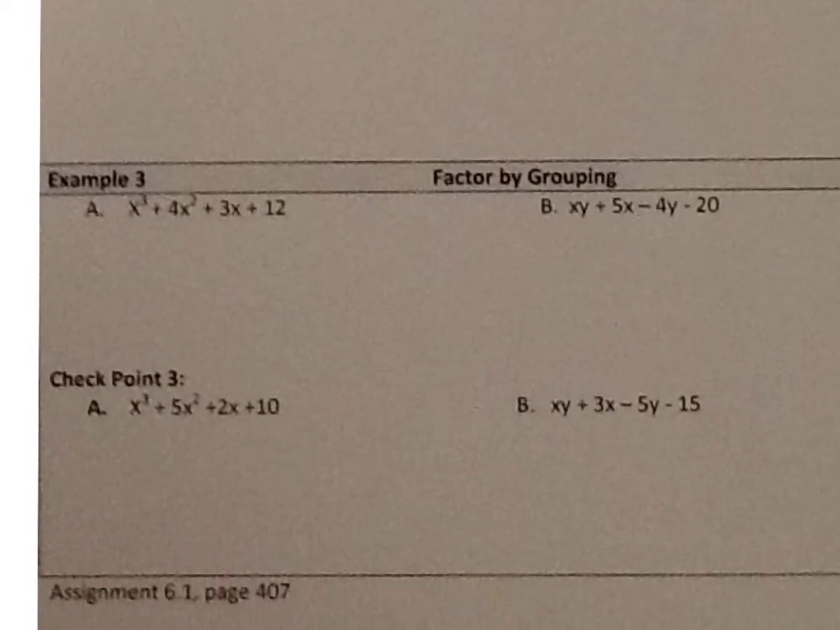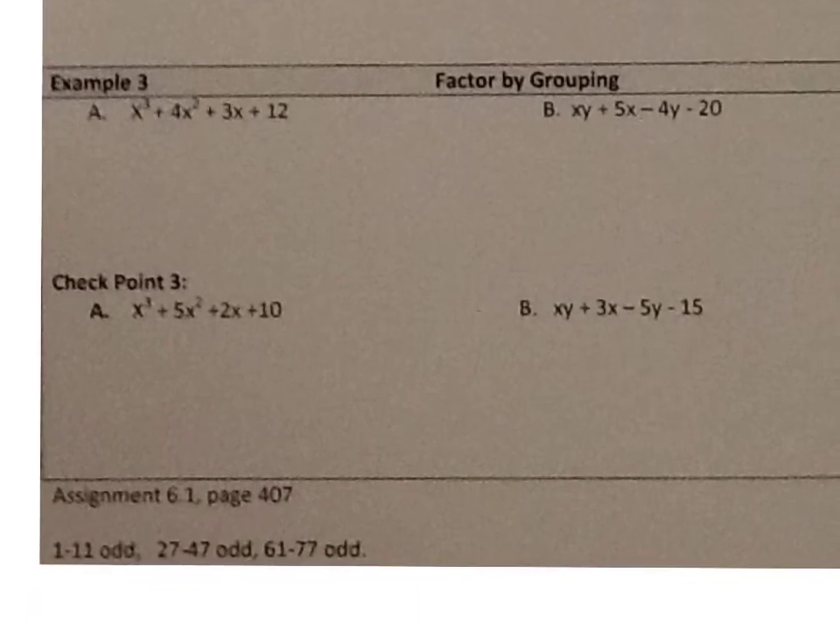The last thing, factor by grouping. We're still going to use the greatest common factor to do this. The only difference is we have 4 terms now. And when you have 4 terms, you group them. And you group them first 2 terms and last 2 terms. So if I group them like this, first 2 terms and last 2 terms,